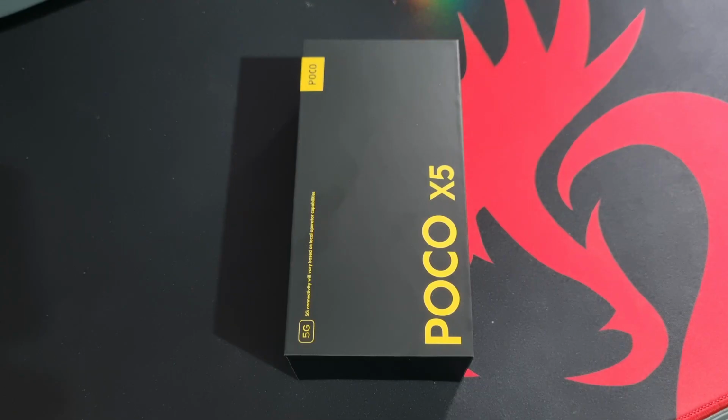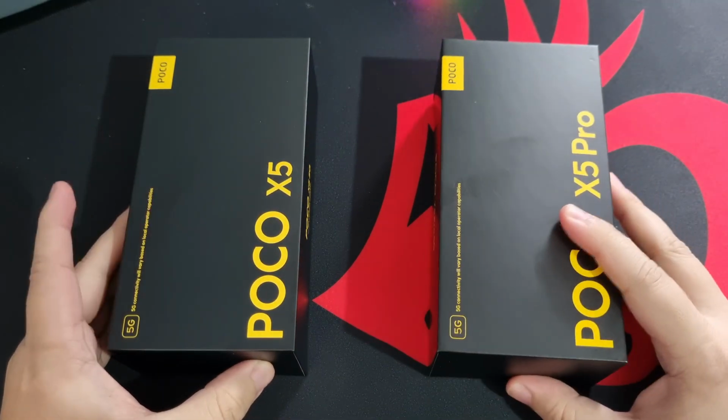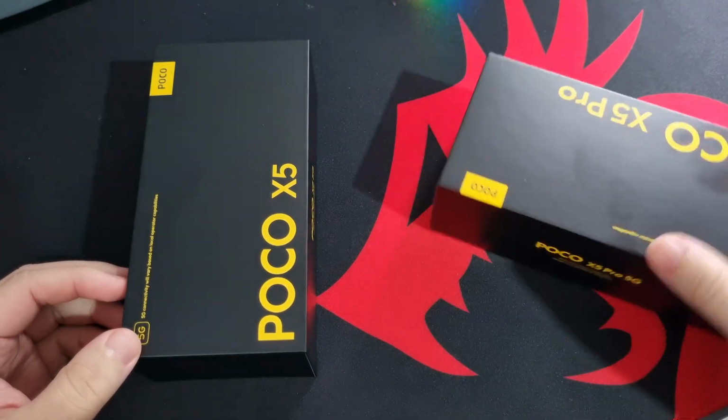Alright, so this is the POCO X5 5G. Now I've been using this alongside the POCO X5 Pro as my daily driver with continuous testing and all that jazz. And for this video, we'll be talking about the X5 5G specifically, starting with